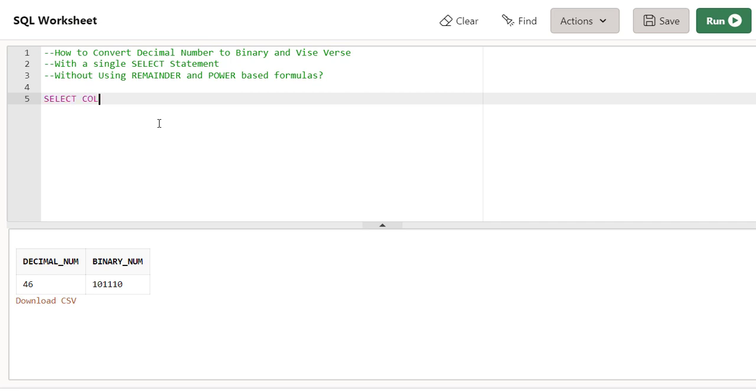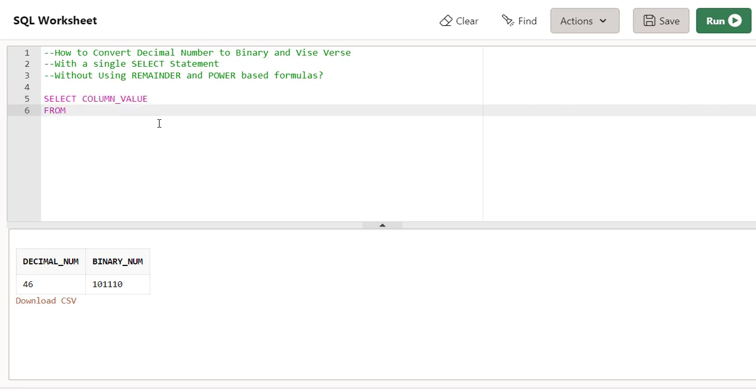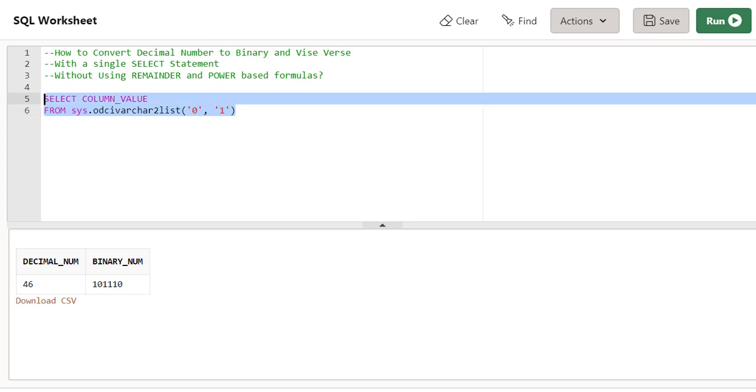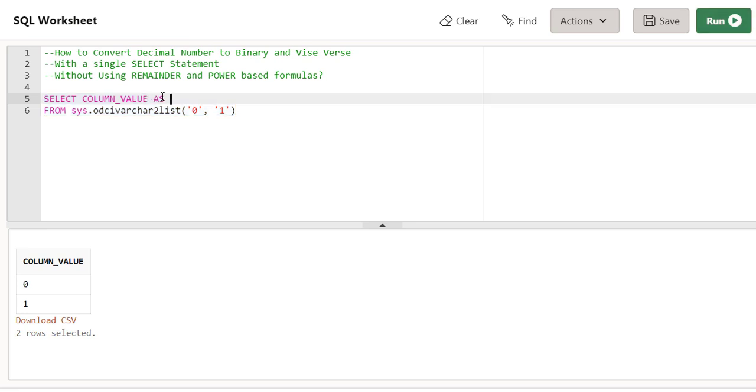So we'll be selecting column_value from the sys.odcivarchar2list collection constructor. We'll put here 0 and 1 in that order, it's important. So here we go. That mimics the table that we want,